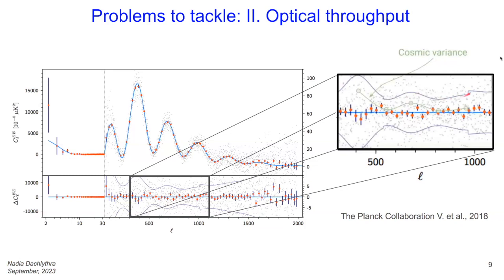So that's one thing. The other thing that we need to think about when we make an instrument is the optical throughput, which is a very fancy way to say that we can be so noise dominated sometimes. If you look at an example, this is the TE power spectrum from the latest Planck release. And if we were to zoom in on this subplot here showing the 1 sigma error, with these lilac wavy curves,